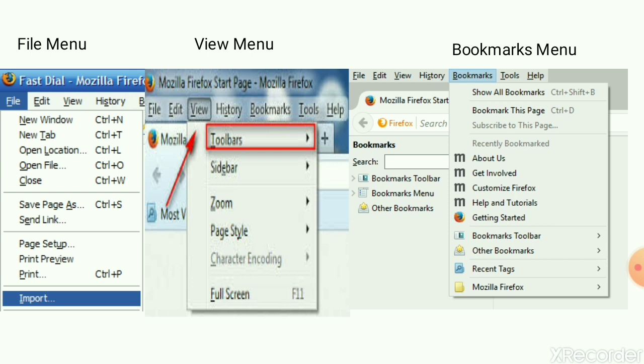Next one is page style, which allows you to select the style of the web page. There are two options you can choose: one is no style, another is basic page style. You can select these when you are working in Firefox. Another one is character encoding, which allows you to change the character encoding of your web page. The next